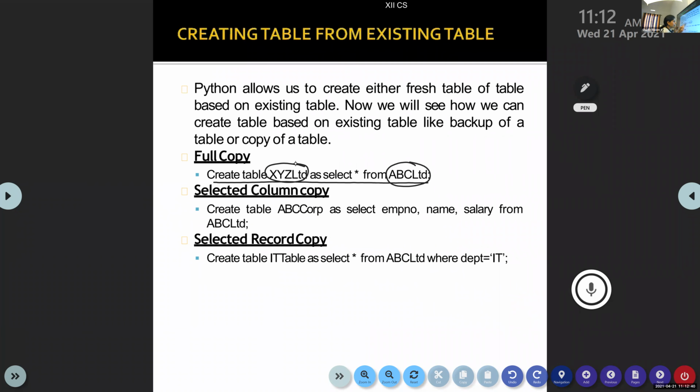Whatever contents are there in ABC Limited will be copied to XYZ Limited. And XYZ Limited will be a new table with all these values. If you are copying the entire table with the same format and the same values, then it is called a full copy.